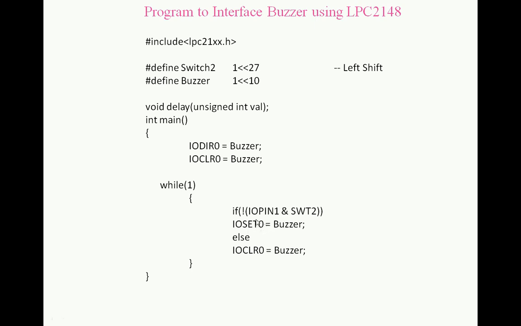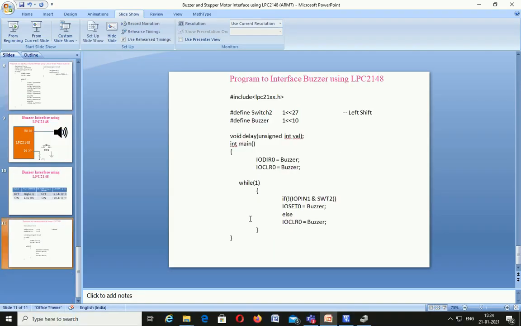So while doing this experiment, first of all the switch 2 should be in open condition. We have to remove the jumper of switch 2, right? And the next thing, this is about the programming concepts. Now we'll see how to write the embedded C program using the Keil software, and then we'll see how to implement it on the LPC2148 board.